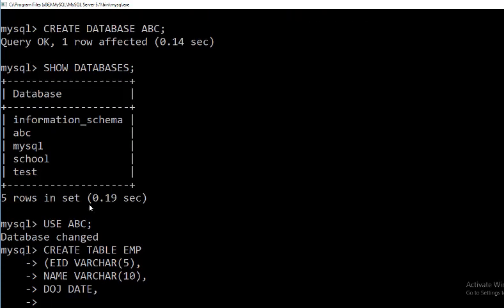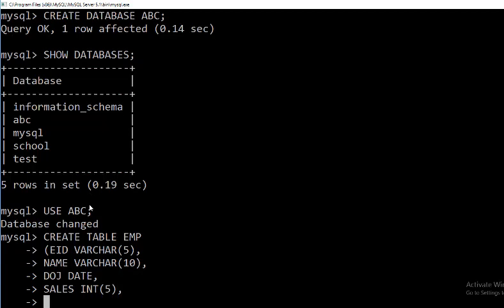Next, sales of int type, suppose the size is 5. You can use constraints here. Next, suppose I want to declare job ID, which is again of character type, say of 5 characters. After the last column, end with a semicolon.